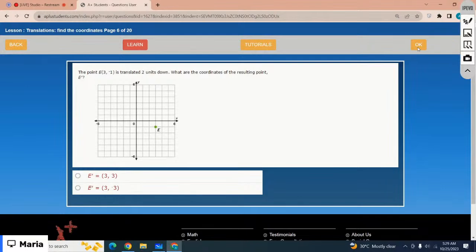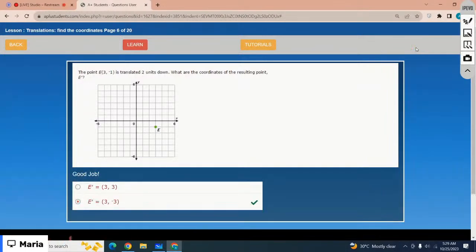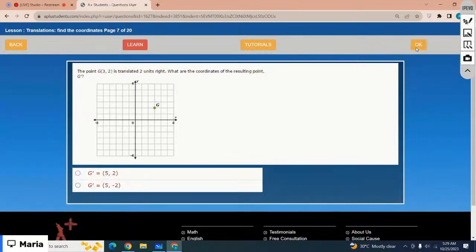2 units down. That would be 2 down. 3 and negative 3 is the correct option. Okay, you can complete the lesson by yourself later today. The next lesson is